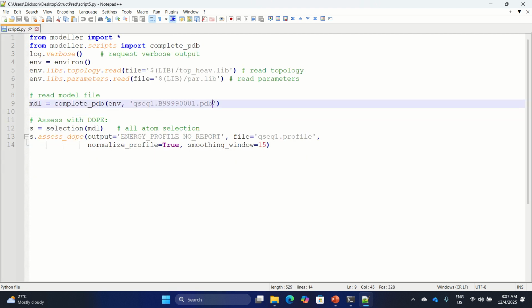So I'm going to paste that PDB file here. And then since this QSEC 1, ito 1 din. Okay? Pero pag 2 yung kanina, dapat 2 na rin to. Take note of those minor details that you need to remember. When you use the following script, those are the parts that you need to modify. So I'm going to run this.